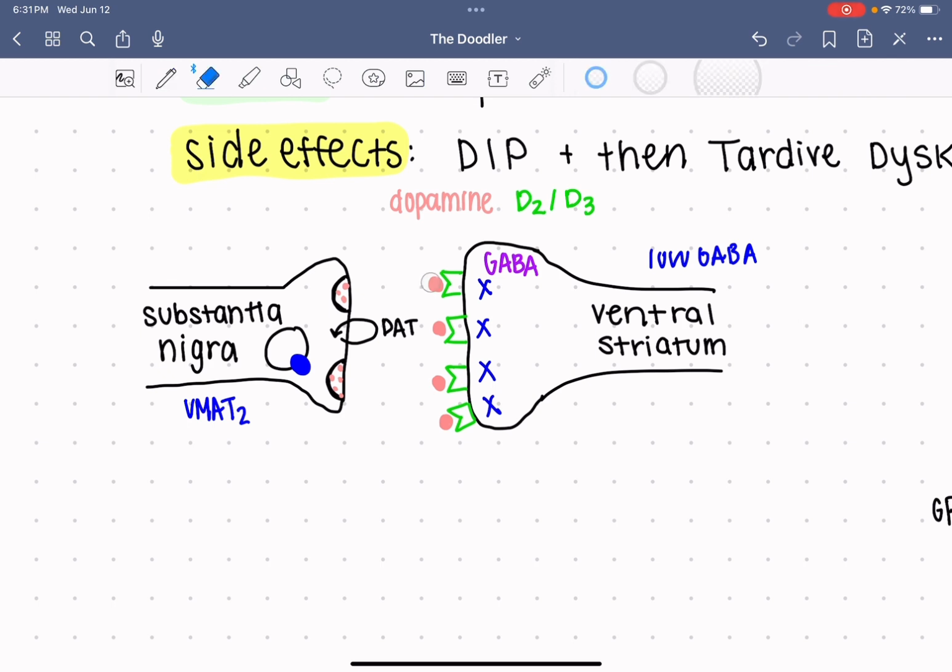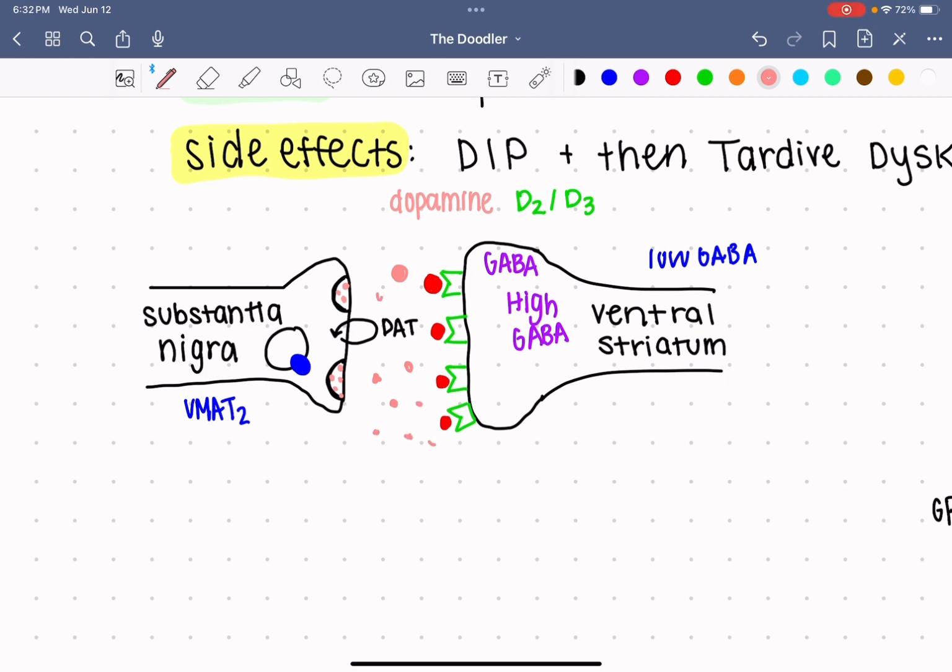Now, if there's a D2 antagonist given, it's going to block dopamine from being able to bind, which is going to cause GABA not to be inhibited, or the disinhibition of the inhibitor. And this is going to result in GABA becoming higher. So now we're going to have high levels of GABA in the ventral striatum, because dopamine is not going to be able to bind to the D2 receptors. A chronic blockade of these receptors,